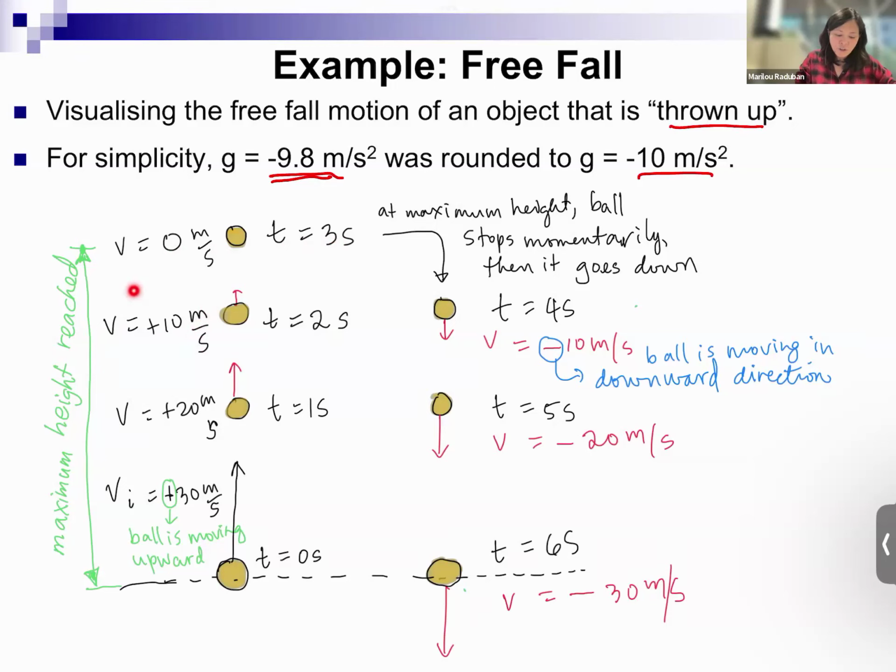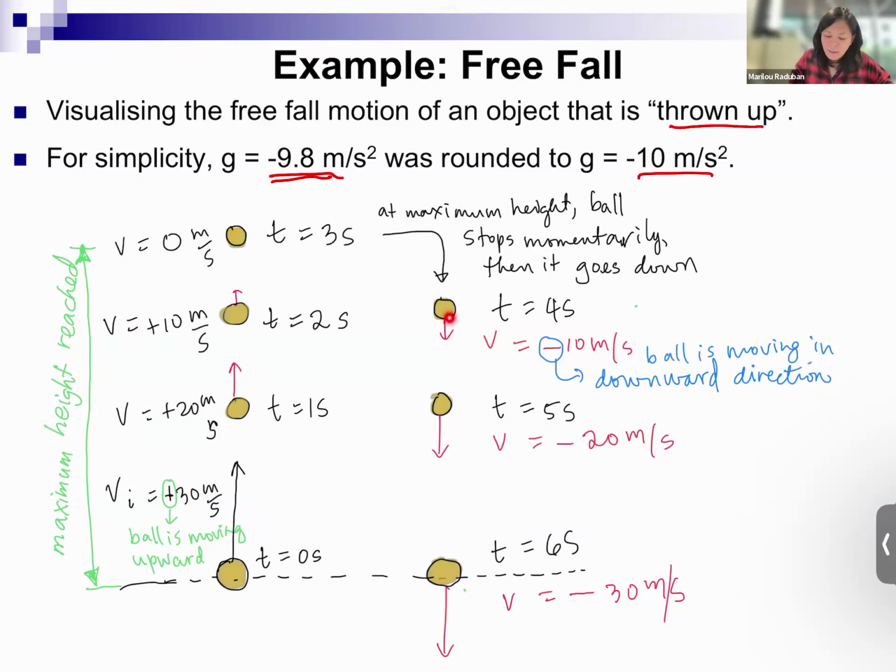After 3 seconds, the velocity would decrease a further 10 meters per second, and then we see that it's 0 meters per second after 3 seconds, at which point it has no more velocity to go further up. So it starts to fall back down. The time it takes to reach the top will be the same time it takes to fall back to the same initial height, because again, gravitational pull is